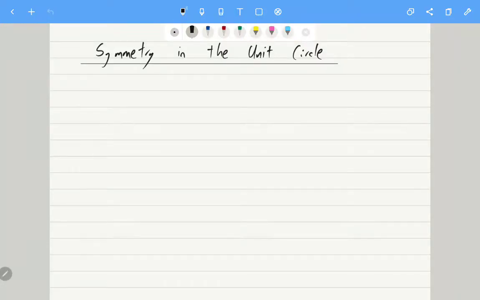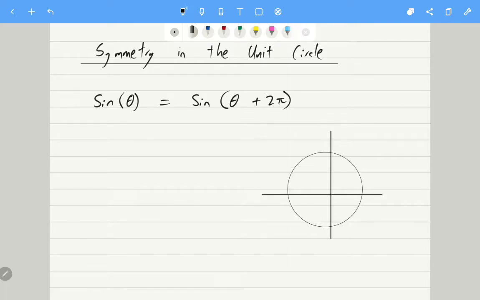Alrighty, so today we're going to be having a look at symmetry in the unit circle. Now, we're going to start off with something that we're probably quite aware of, which is that if we have the sine of an angle theta, that would be the same as the sine of the angle theta plus 2 pi. And just as a reminder why this is, if this is our unit circle here,